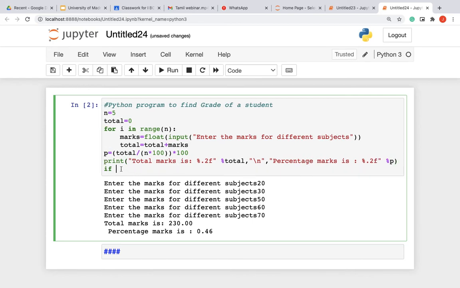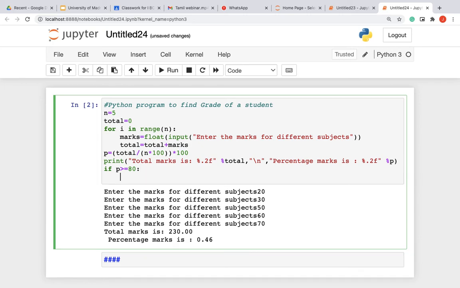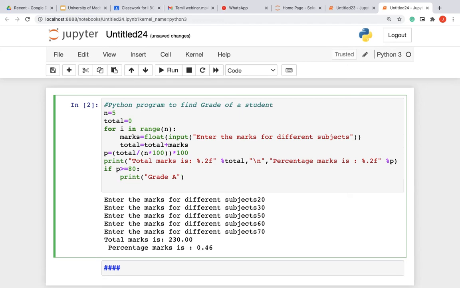If P is greater than or equal to 80, then print grade A, else